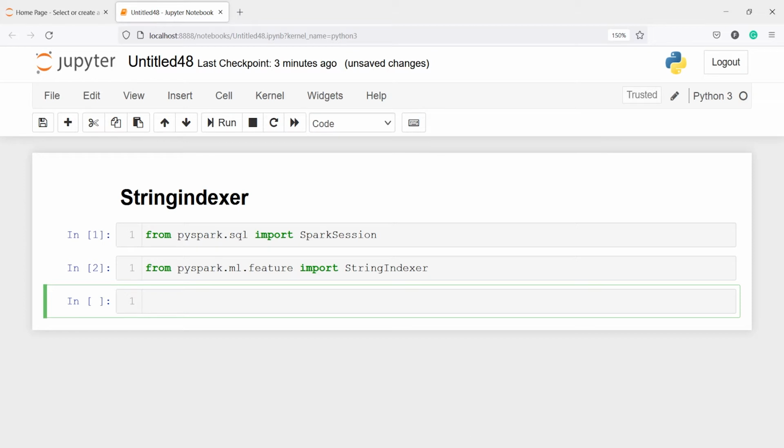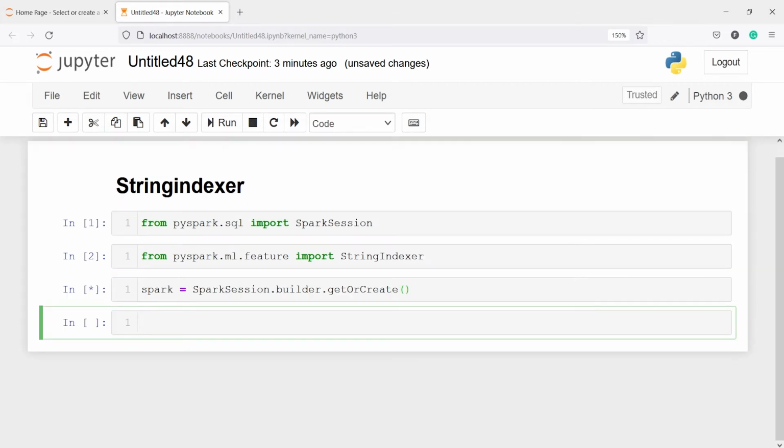Now I'm going to create a Spark session and save it in an object spark. I will write SparkSession, and from this I will call the method builder.getOrCreate(), and this will create a Spark session for us.